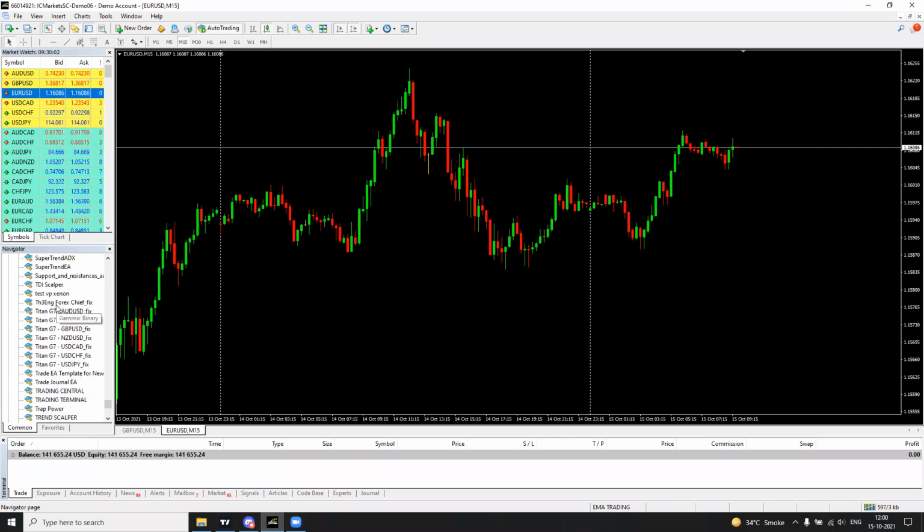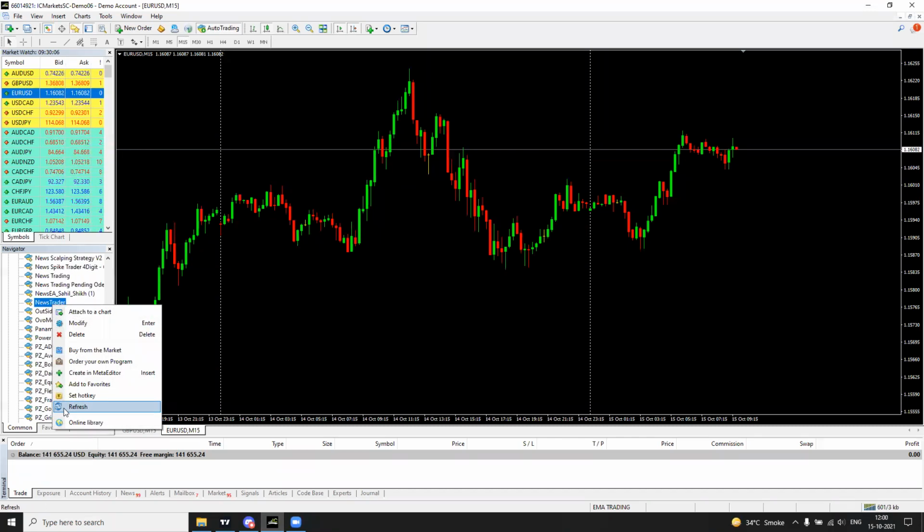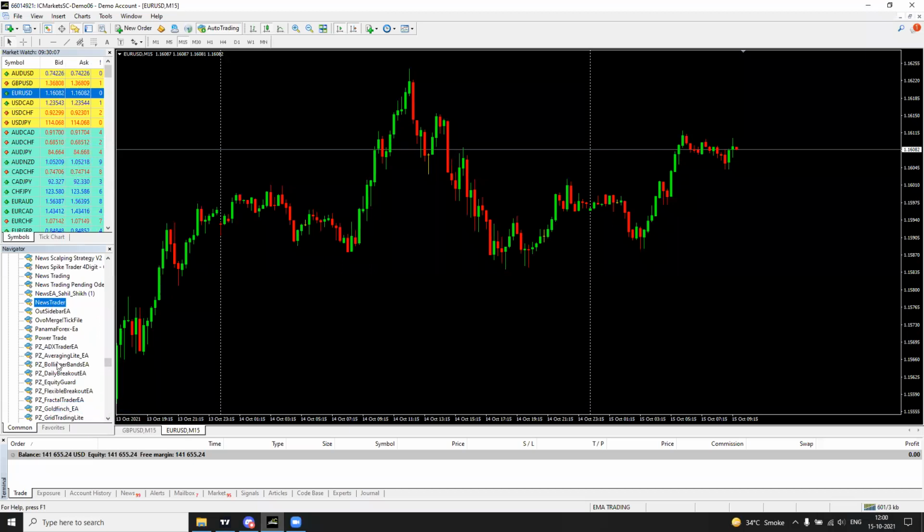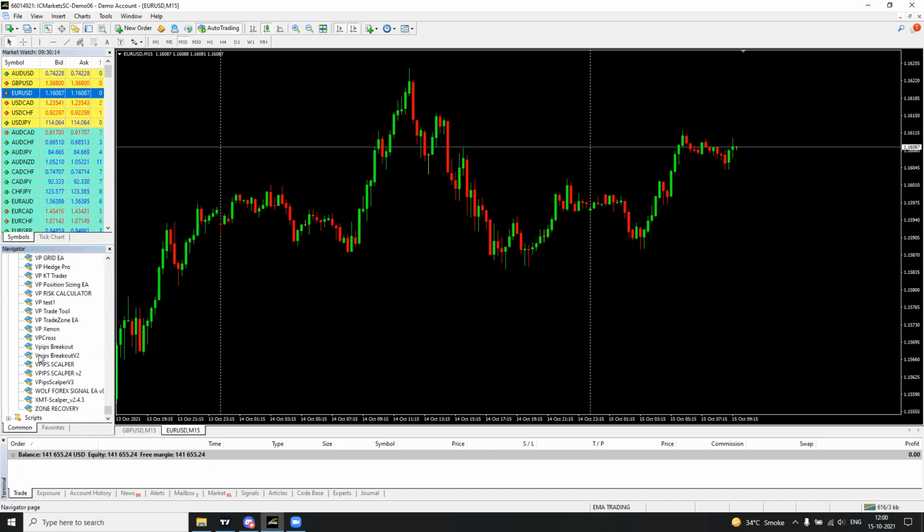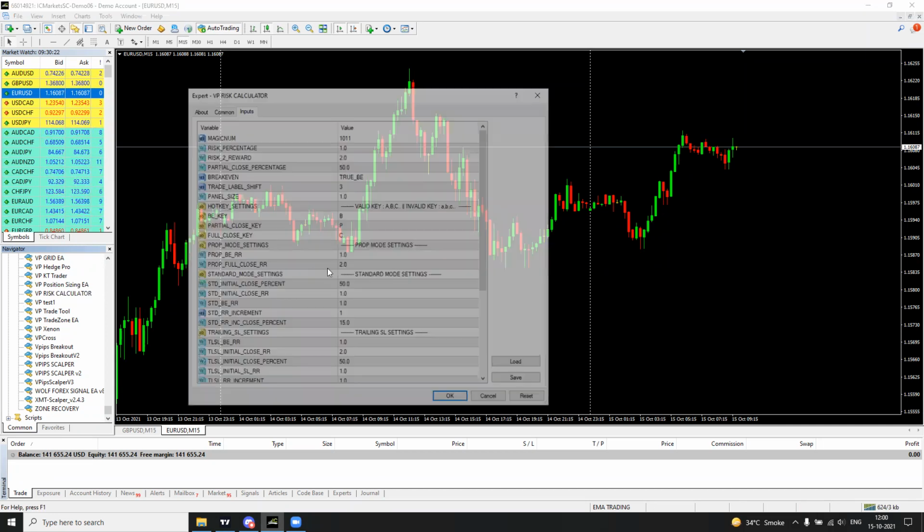Right click in the navigator window, just select on anything. Okay. And then click on refresh. Okay. Once that is done, your algo should show right over here in this list. Okay. Now to apply this, first open the chart, then just drag this algo on your chart, the VP risk